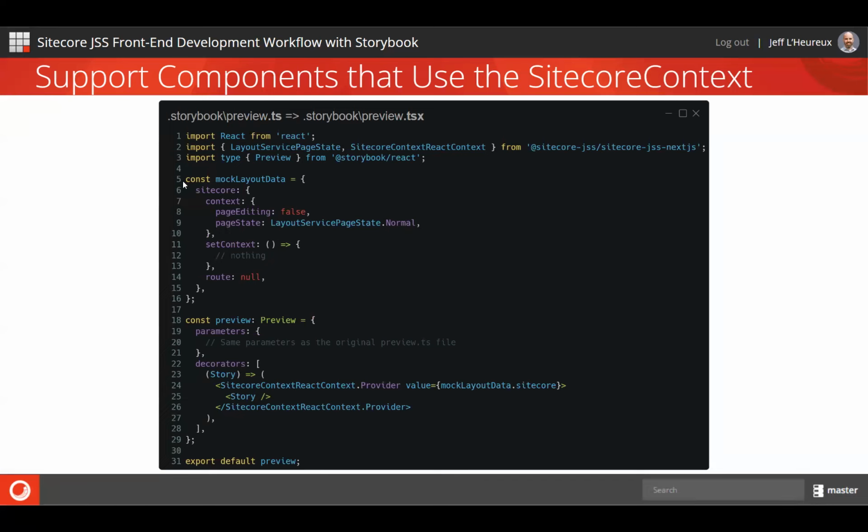So on line 5, I create a mock layout data that has a Sitecore object, a context, a set context function that does nothing, and a null root that it's not necessary to have something here. And I say, oh, my context, I want page editing false. So in Storybook, I see the components as they would be displayed on the final website, not as in editing